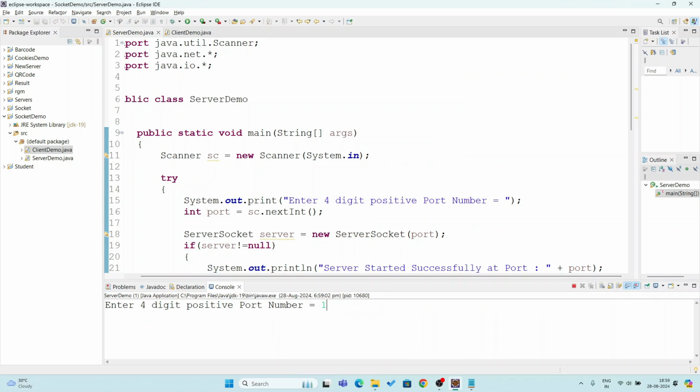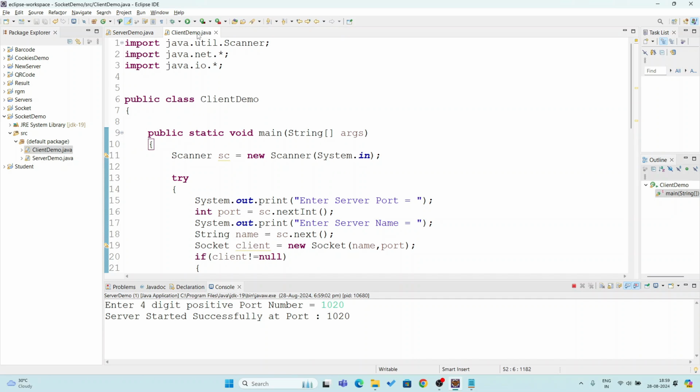Port number I'm giving 1020. Enter. Server started successfully at port number 1020. Now I am going to run client demo